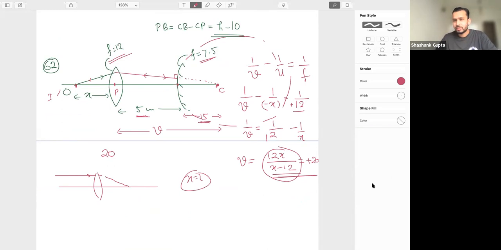Yeah. Wait, someone else is asking. As a final image is here actually. Final image is here. So if you want to calculate from the mirror, and you are calculating the image for the mirror, then you'll have to do the refraction from the lens also. Then you can finally take the object and image to be here. The ray will again go back to the lens, so you'll have to do the refraction from the lens also. Then you can put the final image at a distance x.